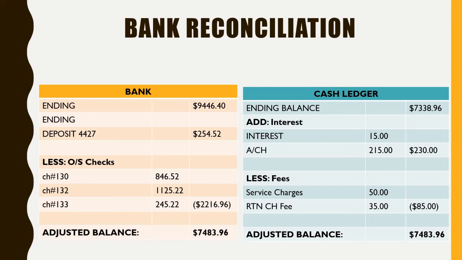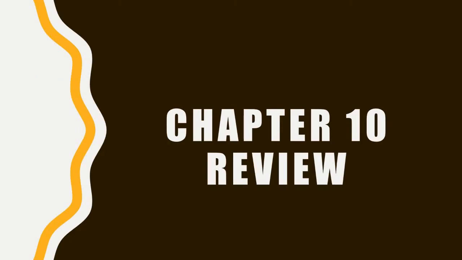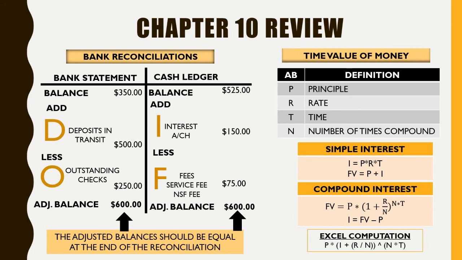Something you need to be aware of is this is your new ending balance, because you're going to journalize this and put it in your ledger that you've charged the bank service fees, and you've also accrued interest. So your bank should reflect this when we make our journal at the end of the day. Okay. So that's all I really wanted to teach you as far as chapter review.